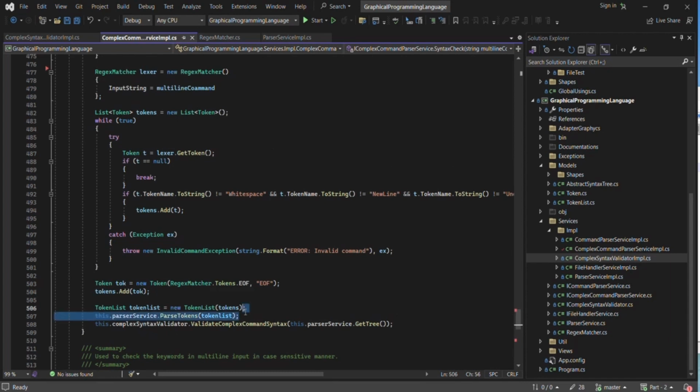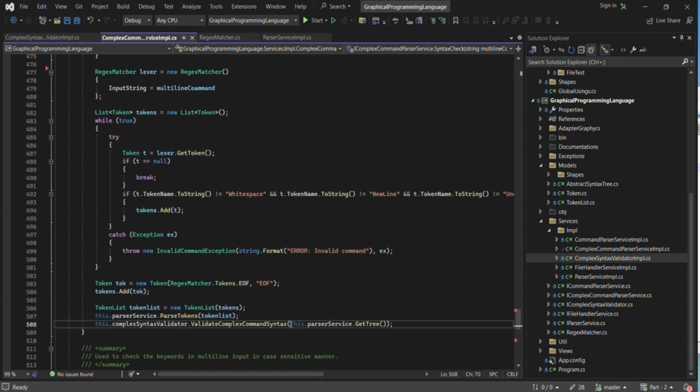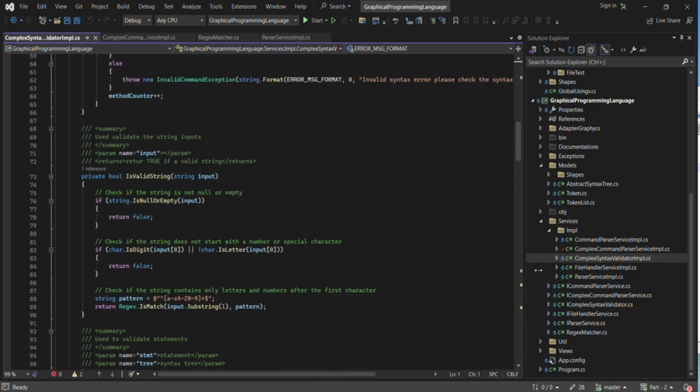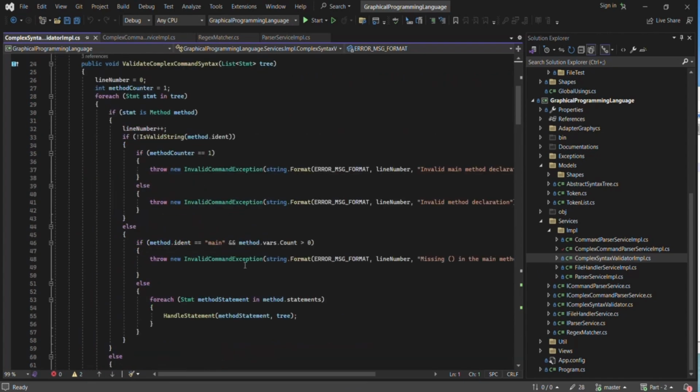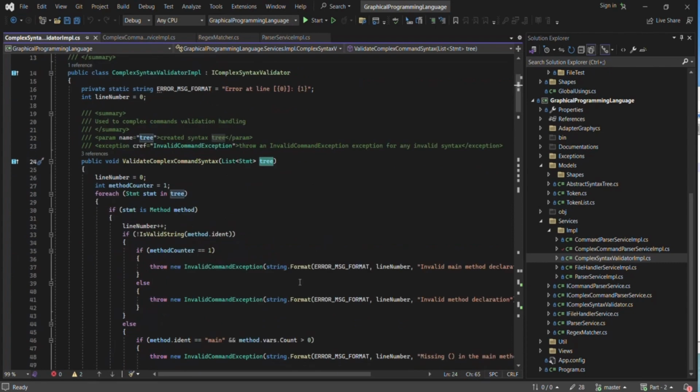tree, as mentioned before. So here also we have identified the same token list and passed this to the service parse tokens method, and developed our syntax tree. The syntax tree is used to validate our command, and for that I have used this validate complex command syntax method inside the complex syntax validate implementation service class. I have created a separate service class for the syntax handling. So there we have passed our syntax tree here, and here I have used several